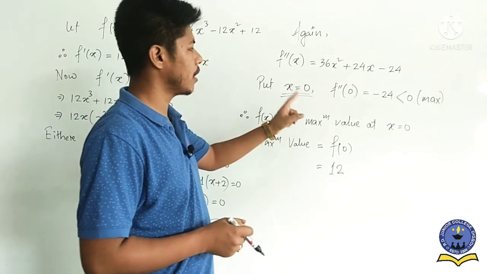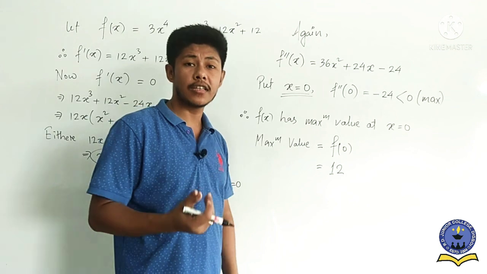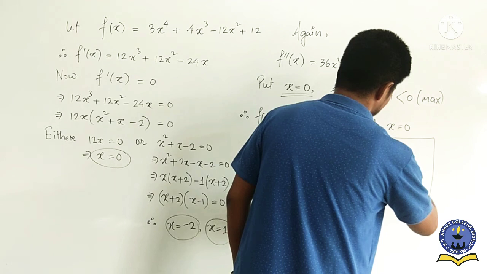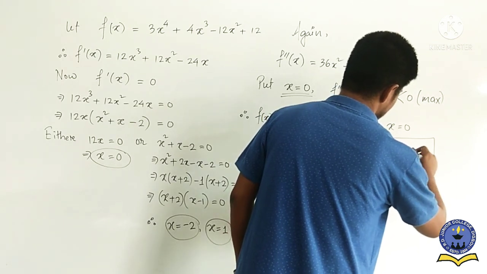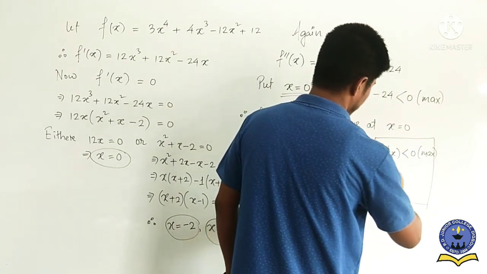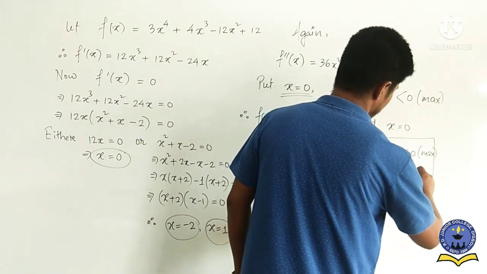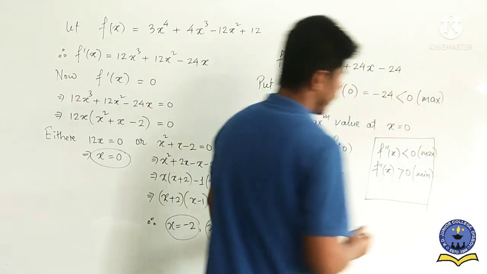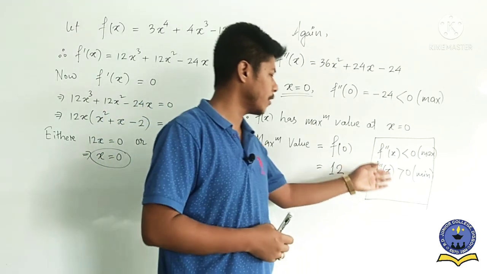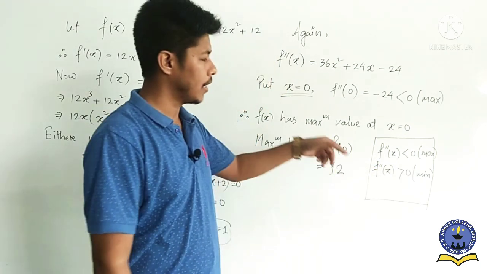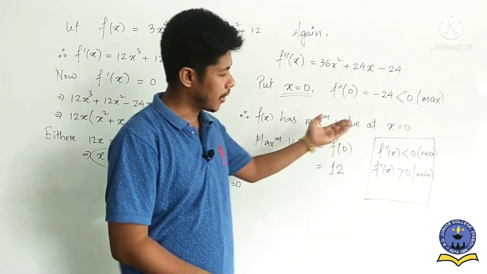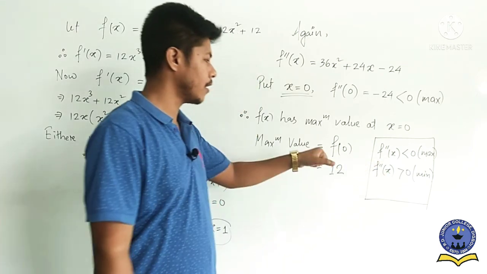So the condition is what? In case of second derivative, the second derivative condition is what? If we write here f double dash of x less than 0, that means we get maximum, is it not? Or f double dash of x greater than 0, that means here we get minima, isn't it? This one is totally opposite of the first derivative. In case of first derivative, if greater than, then maxima, if less than, then minima. But in case of second derivative, it is the opposite of the first derivative. That means if less than, maxima, if greater than, minima.